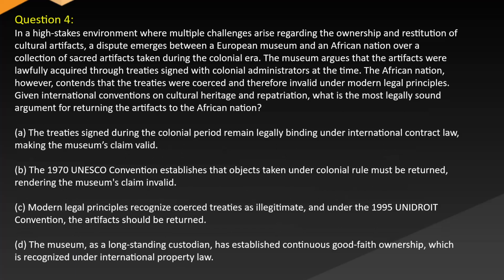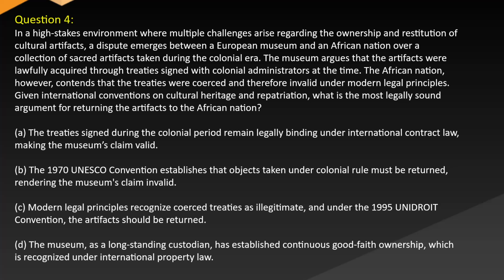Question 4. In a high-stakes environment where multiple challenges arise regarding the ownership and restitution of cultural artifacts, a dispute emerges between a European museum and an African nation over a collection of sacred artifacts taken during the colonial era. The museum argues that the artifacts were lawfully acquired through treaties signed with colonial administrators at the time. The African nation, however, contends that the treaties were coerced, therefore invalid under modern legal principles. Given international conventions on cultural heritage and repatriation, what is the most legally sound argument for returning the artifacts to